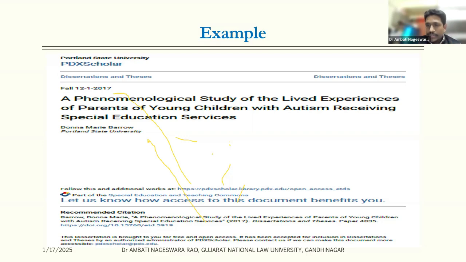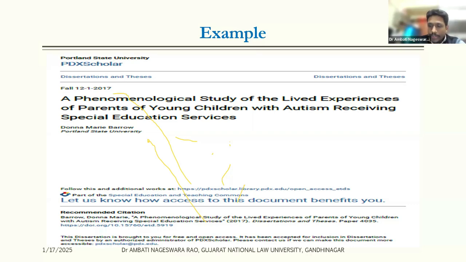When it comes to the sampling, data collection, and data analysis, I suggest you all please go through this particular document. This particular PhD thesis chapter is around 30, 35 pages. I'm sure many of you might know how a PhD research methodology chapter is written. It is a detailed explanation, and you'll understand what phenomenological studies are all about if you read this particular dissertation, this particular thesis. Okay.